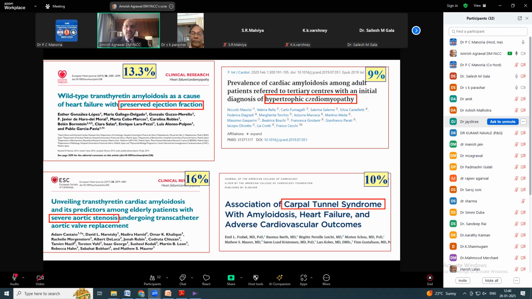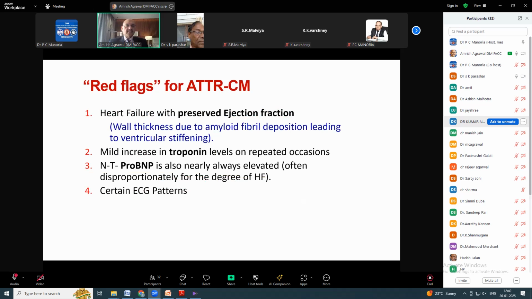In our hospital, anybody who has bilateral carpal tunnel syndrome, orthopedics refer to us routinely, and we'll do a workup for cardiac amyloidosis. So there are certain red flags. We are clinicians. We see the patients. The patients don't come with the diagnosis written on the forehead. So we have to have certain red flags, certain areas of suspicion where we have to look for cardiac amyloidosis